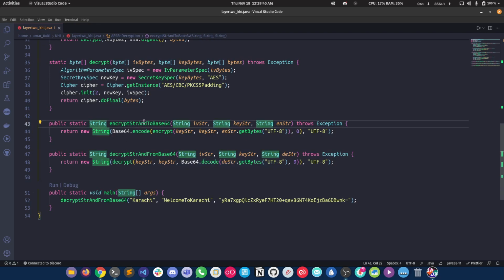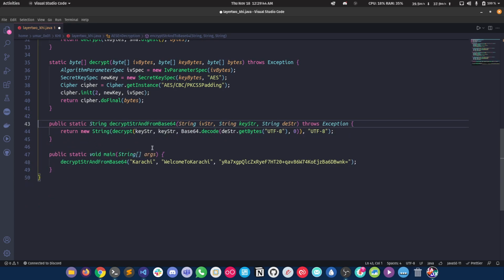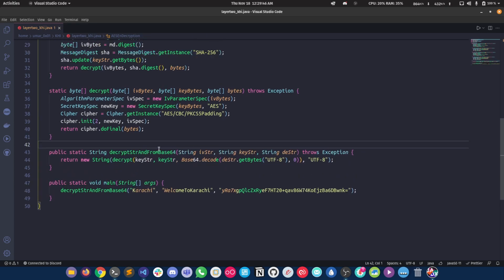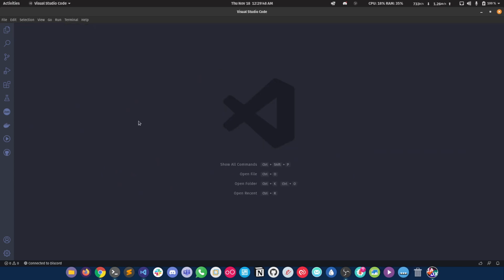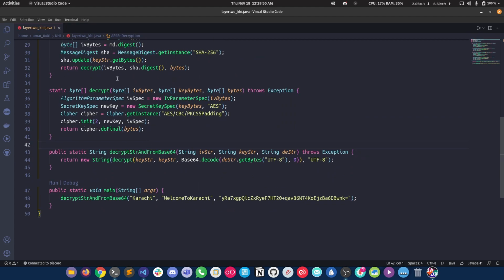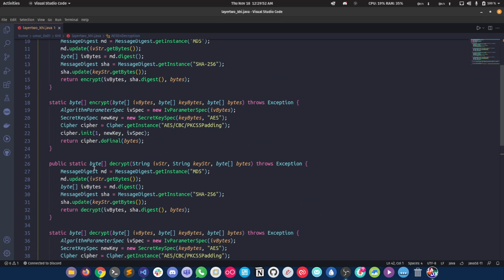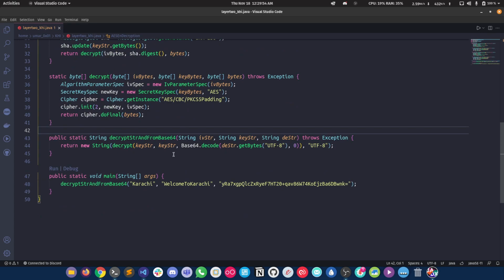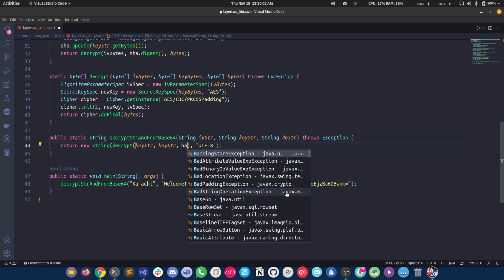So we don't need this encrypt string and toBase64 at all. We just need this one, because this is essentially going to, I'm going to close and open that. I'm not sure why the formatting just gets messed up every time. So I'm going to replace this whole block over here. This is what that Android library does. So in turn, I'm going to do